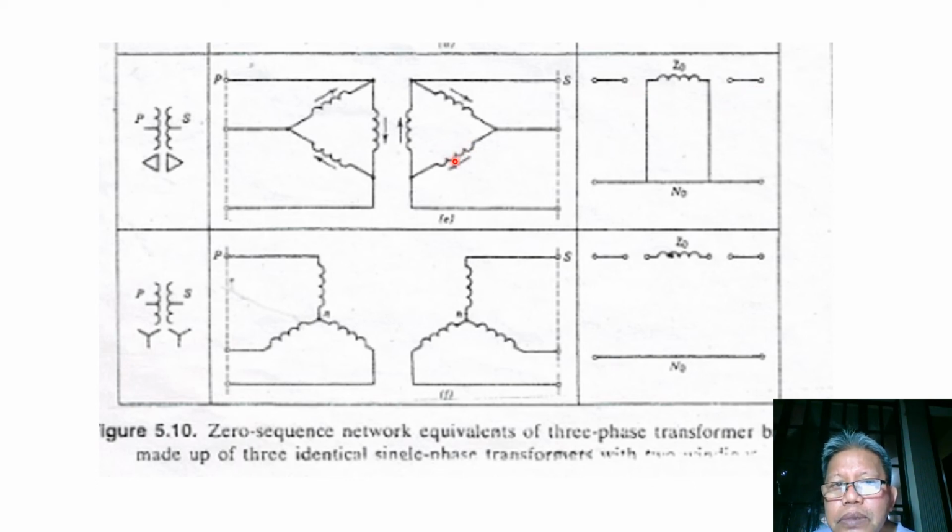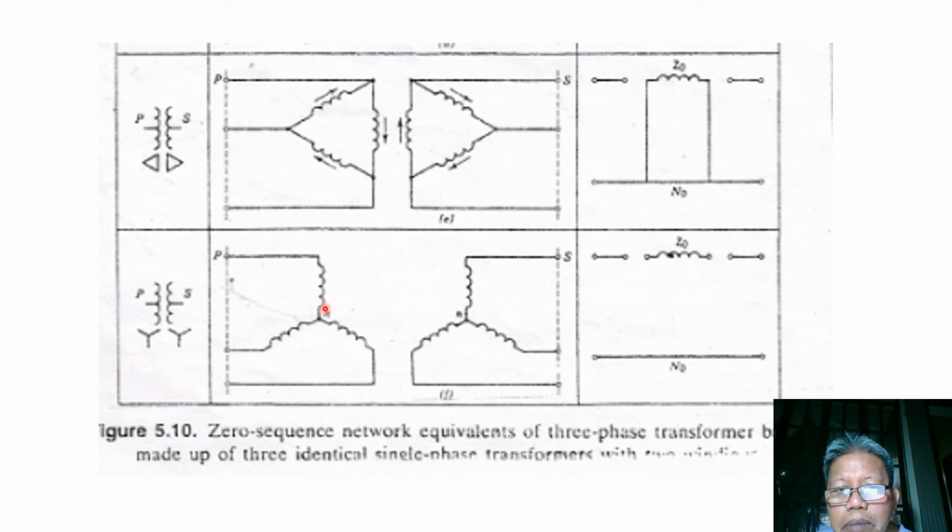Now, because we have circulating currents in the delta windings, we just have this closed circuit with Z sub O impedance, and then with respect to the neutral, our zero sequence currents will be circulating only around here in a closed loop. So it does not affect the rest of the network outside of this.